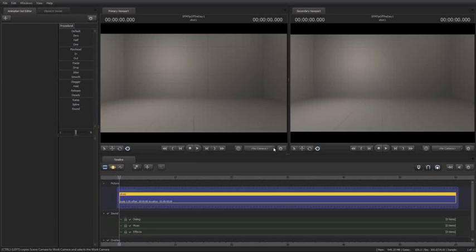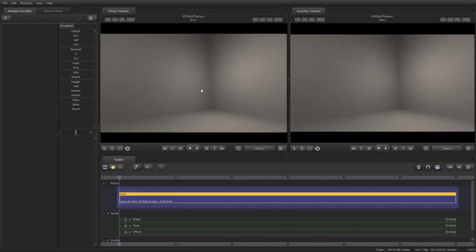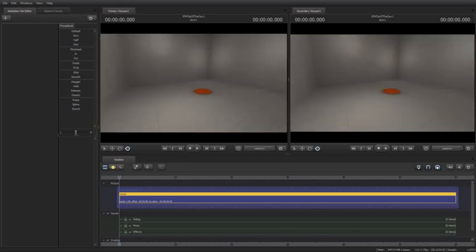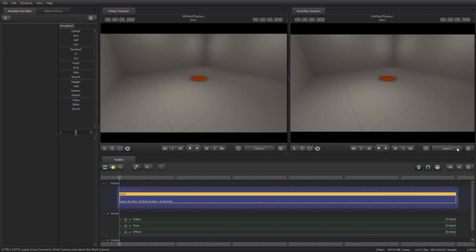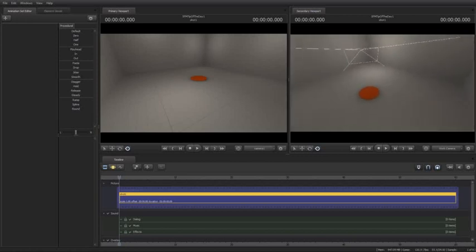So the first thing I'm going to do is create a new camera, which is the first thing they show you in the tutorial. And I'm going to put the camera over here in the corner. So I'm looking back and forth, and I'm going to control click here and switch to the work camera and come over here so I can get a bird's eye view of the action.